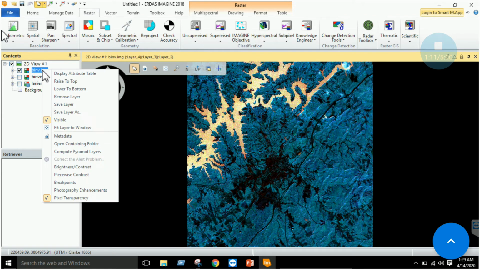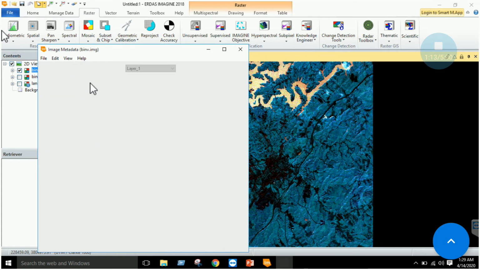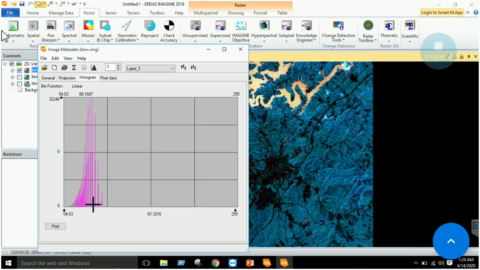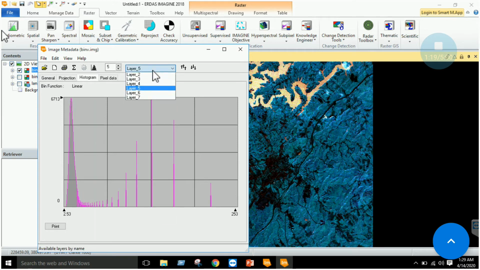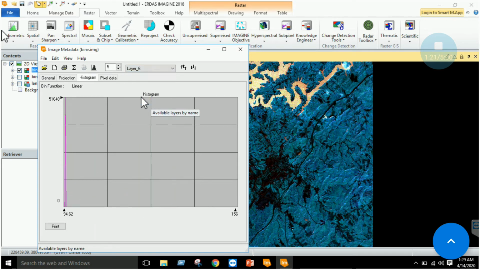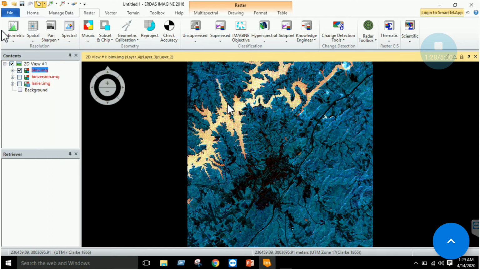So if you go to the metadata tab again and visualize the histogram, all the values are now shifted towards the left-hand side, right? In some cases there are bins over here, but the majority of the values you will see are shifted towards the lower side. So these are two important tools which are used in ERDAS Imagine for feature extraction, feature study or feature visualization.